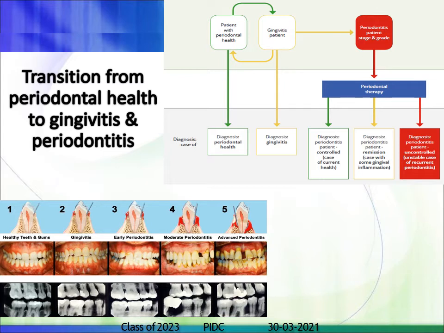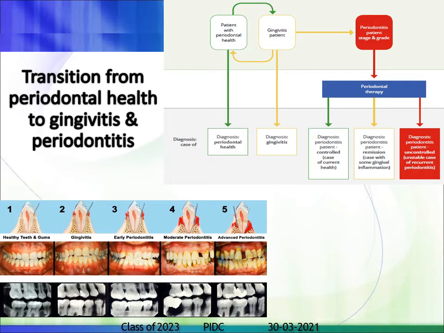If the patient has not brushed properly, or has not taken care of his gingival health, the status moves from periodontal health into the next stage of disease, known as gingivitis. Even at this stage, if the patient does not clearly remove his deposits, it goes to the third stage, known as periodontitis. If the patient is given proper periodontal therapy, he tends to revert back to good gingival or periodontal health.